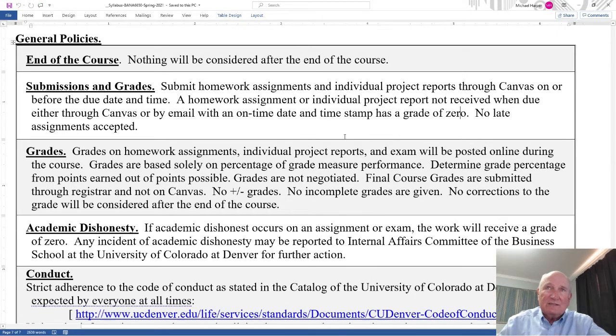If you don't submit it, it's a 0. Now notice, through Canvas or by email with an on-time date and timestamp. Now notice, this is the first time I've mentioned submitting things through email. What I mean by this is submit everything through Canvas. That's the most efficient, reliable way of submitting your work. Submit it through Canvas. But